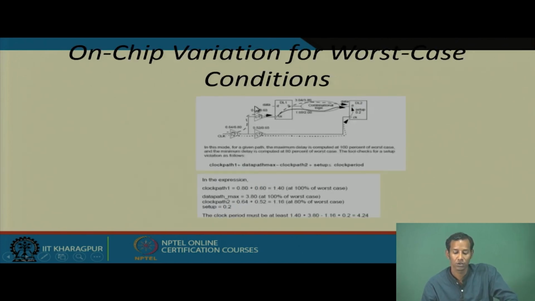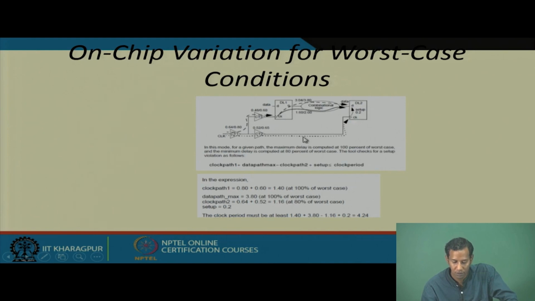So, this on-chip variation for worst case condition, then again this setup, you can consider this clock path 1 here. On-chip variation means you have to consider the minimum and the maximum both, depending on this process, voltage, temperature variation condition. Okay. So, here you are considering that for worst case the delay is 0.8 plus 0.6, so 1.4,